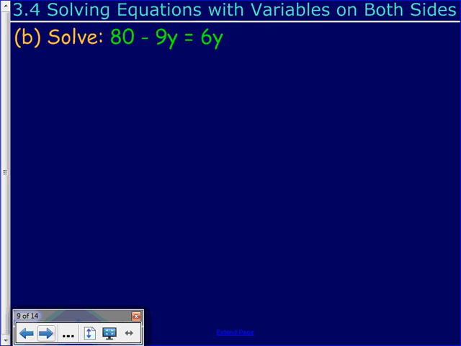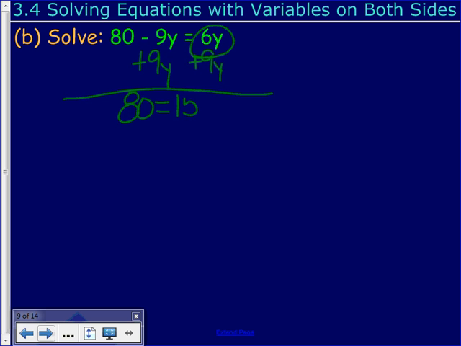Second equation, 80 minus 9y equals 6y. Well, this time I have a y over here by itself, so we're going to break the mold. We're going to add 9y to both sides because y is already by itself. There's no distributive property, so 80 equals 15y. Divide both sides by 15, and that would be